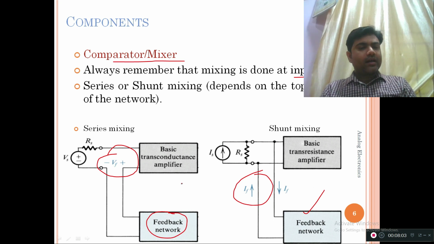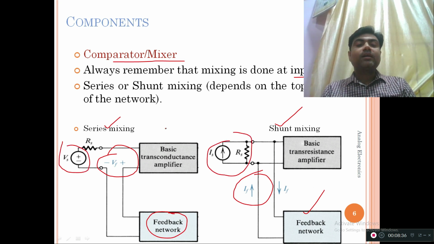Now again, as we have seen in the previous case, the mixing can be done in the form of series or in the form of shunt. Now, unlike the previous case where voltage is sampled across the shunt node and current is sampled across the series node, when we are mixing with the voltage source or with the current source, the exact opposite case is here. When we are mixing the voltage, it is in series with the voltage source, this is the series mixing, and whenever we are mixing the current, that is the feedback current coming across this feedback network, it has to be in parallel or in shunt with the